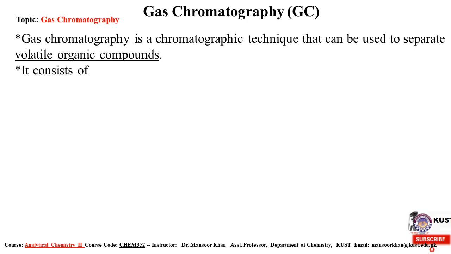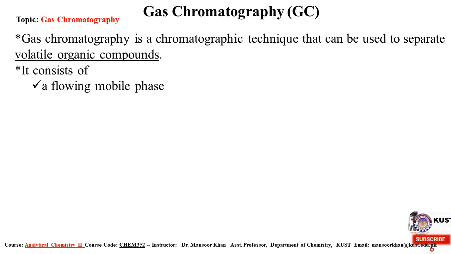Gas chromatography is a tubular chromatography. It is a closed phase chromatography in which the components of the sample are separated from each other in their gaseous phase and in their volatile phase. So this chromatography is known as gas chromatography because the components of the sample are separated from each other when they are in the form of gas.